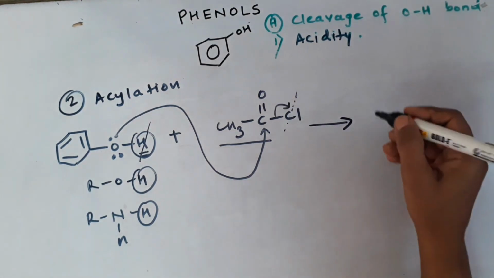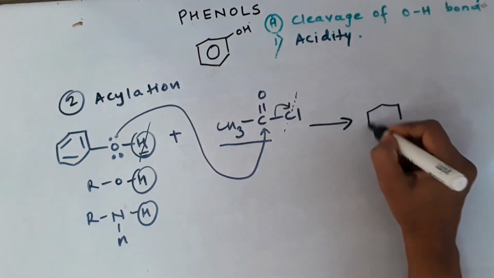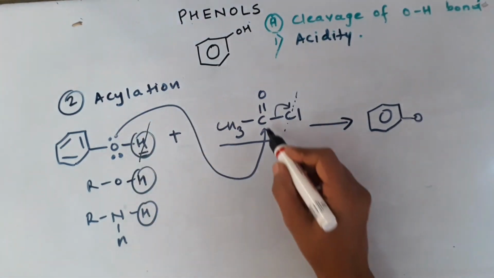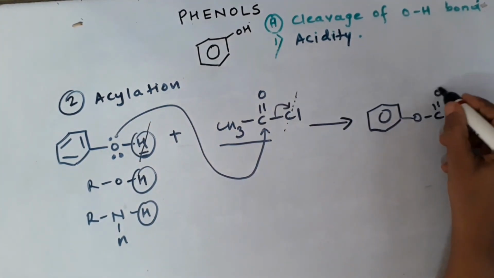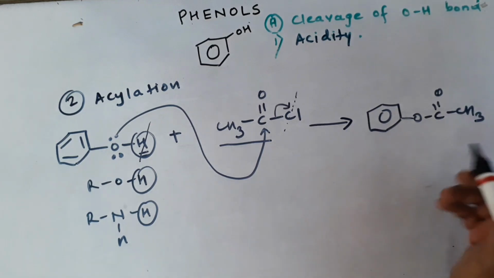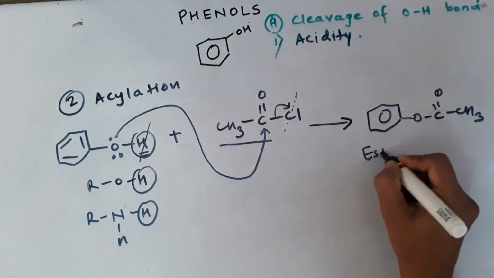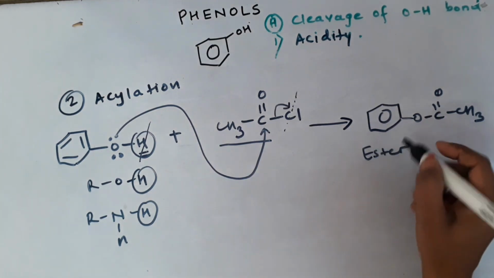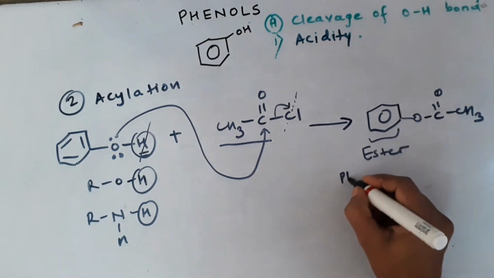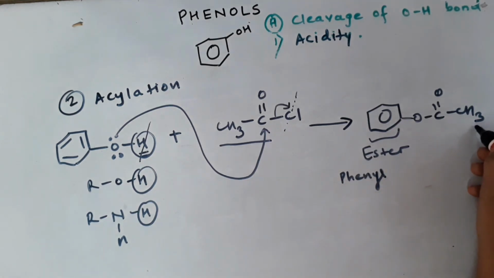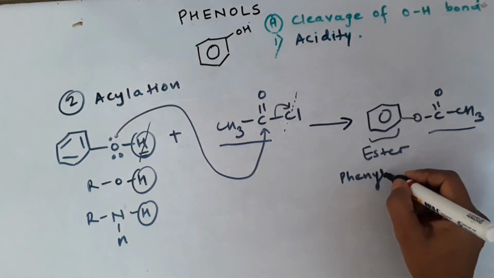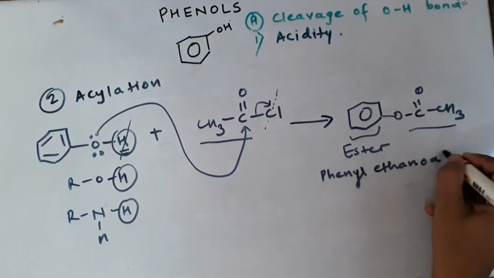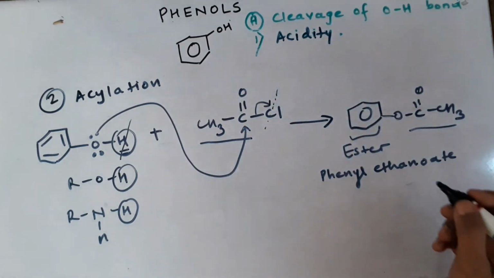So here we will be getting your answer as a benzene ring, oxygen is attached, and we are going to connect it with COCH3. So this is a new type of compound which is an ester. So we get fruity smelling compounds, esters, and its name is going to be phenyl acetate. You can see the name also: CH3COO means acetate. So I can write phenyl ethanoate, or acetate also, if some kids want to write that.